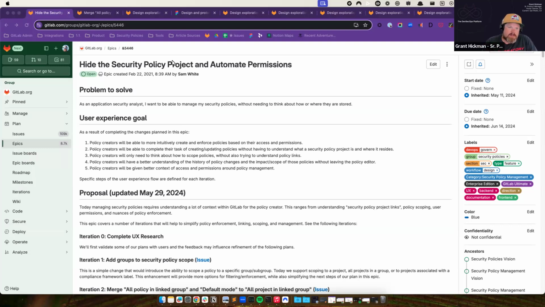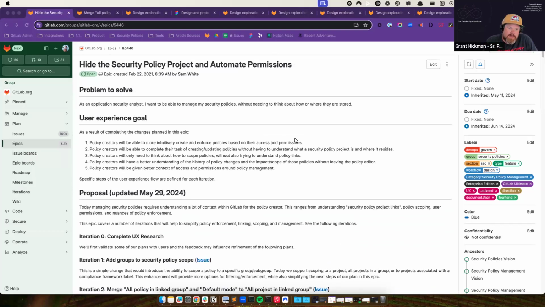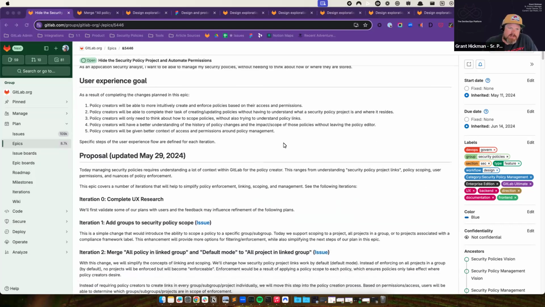I met with Camellia this morning, and we did some work to better break down the plans around this and some similar issues, like the work that we've been discussing around improving linking and scoping of policies. So we're trying to get things organized, get a better sense of each of the iterations, and I wanted to